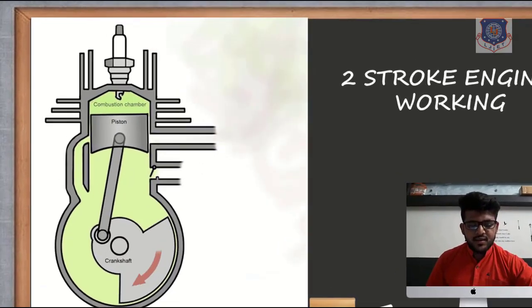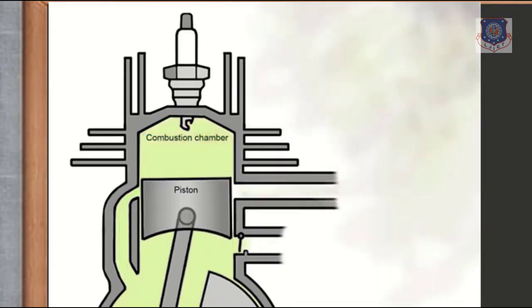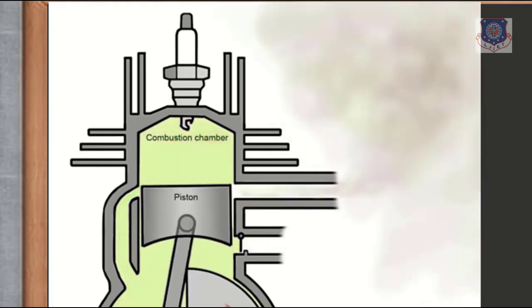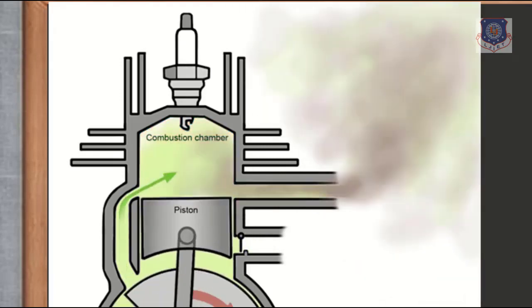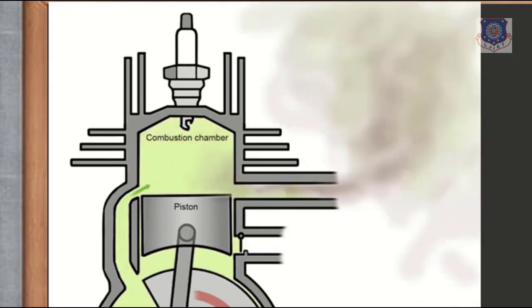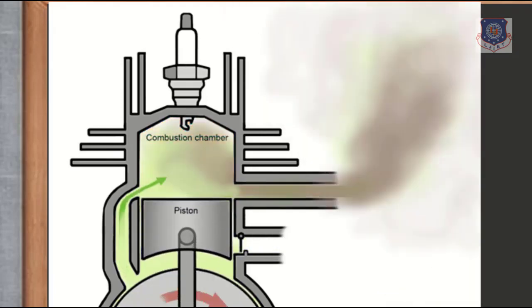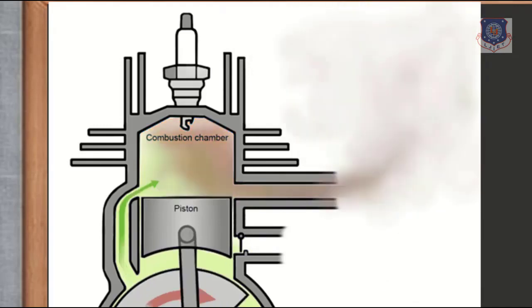So simply you can see, when expansion is done, power is generated first. Thereafter the piston is moving downside. Thereafter the exhaust port is opening, and thereafter the transfer port is opening. I am repeating. Power is done. So after the spark, the piston will move from up to down, from TDC to BDC. So first, due to power, the piston comes down. While the piston is coming down, it is actually opening the exhaust port first. See very clearly and with focus.